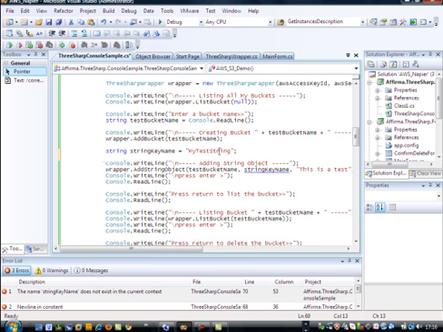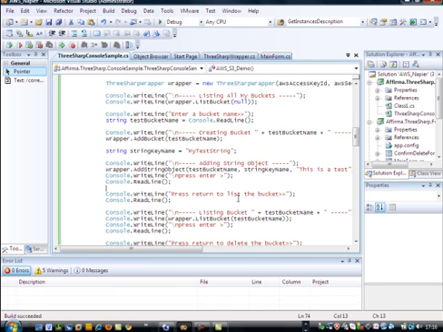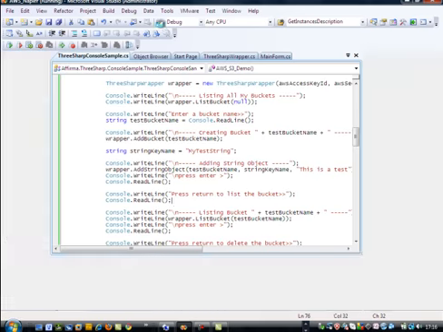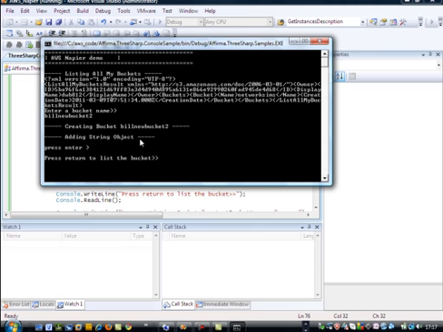Okay, so we create our key pair here. Okay, so there's our bucket. So we'll create a new bucket. It's added the string object,